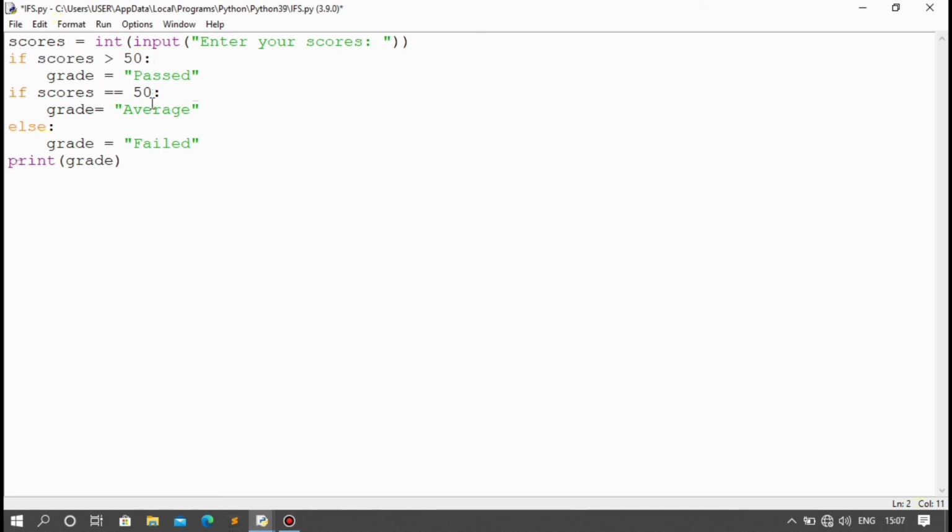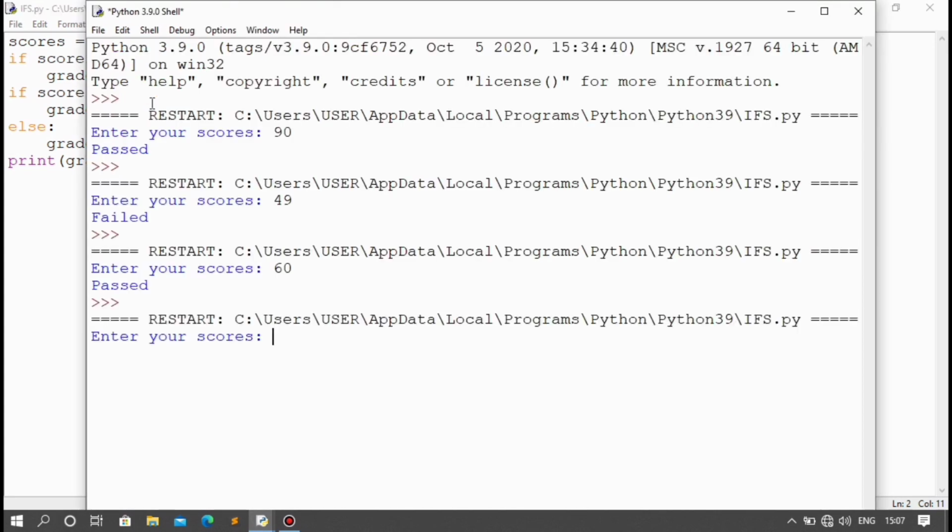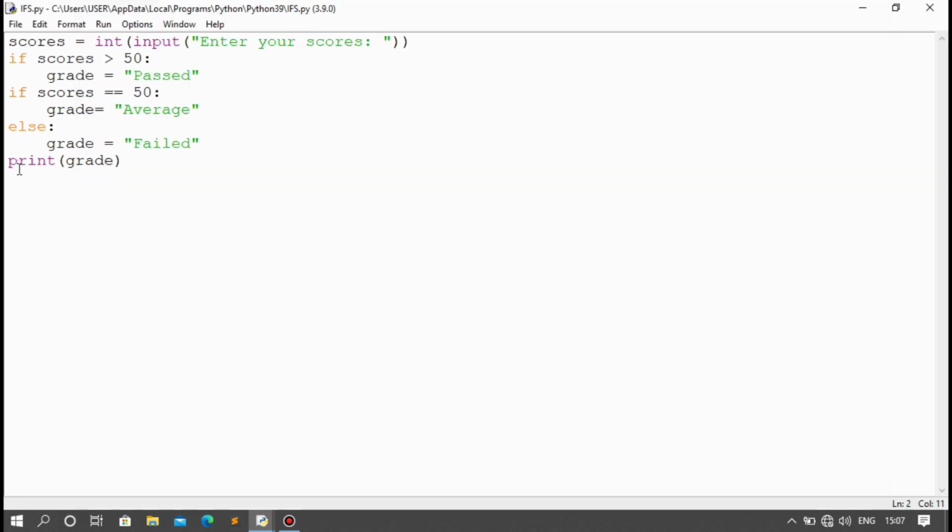Sorry to say you are wrong. Failed is printed. To clear your doubts, let's run this and see. So if we input a value like 80, we have failed. So why do we have failed? We have failed because the else block here, which is else, grade is equals to failed, belongs to this if